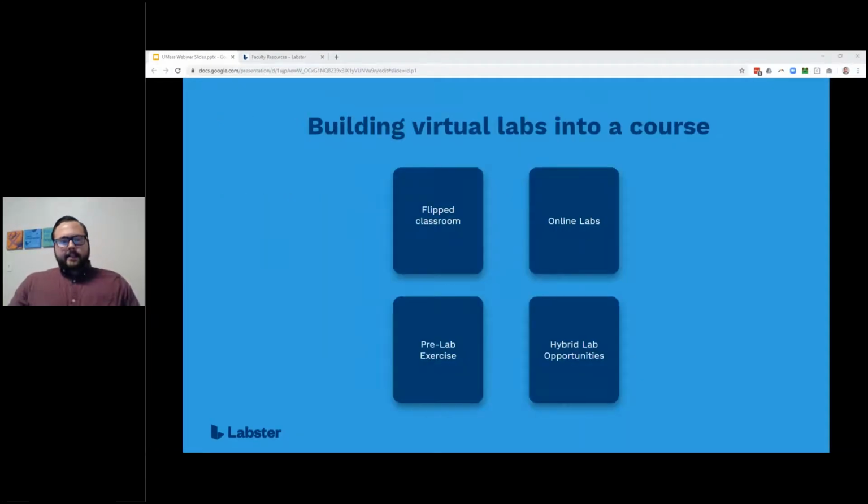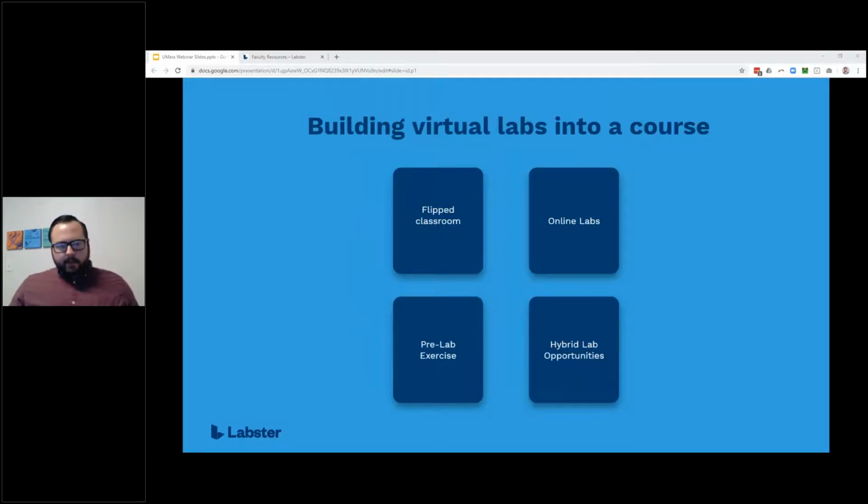So jumping back into the slides here, the one question that I always get is how would we use a lab simulation? And there are a few reasons why folks would use the lab simulations that are listed here. By far the most popular is probably as that flipped classroom exercise. So assigning Labster as a homework assignment before the lecture. This gives the students the opportunity to explore the concepts, read the theory, practice the techniques before they get to class, which always results in more engaging, in-depth conversations as well as improved exam and retention scores.